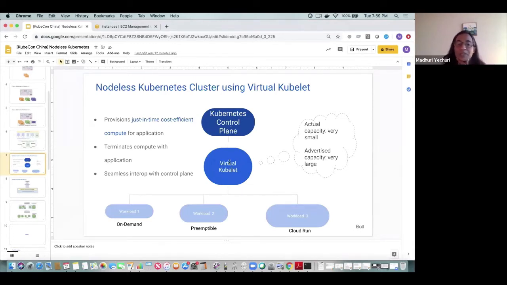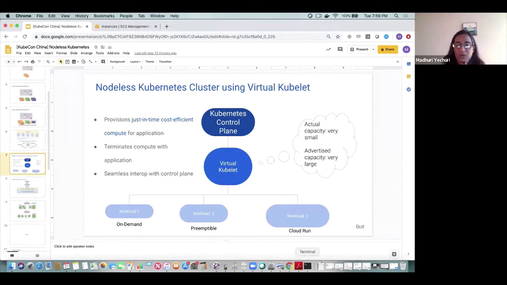And the Virtual Kubelet node will talk to the KIP provider, and the KIP provider will provision just-in-time right-sized compute for the pod on the cloud provider of choice, which is AWS in this case. And once the compute instance comes up, the Nginx replica is dispatched over to this just-in-time provisioned compute instance. And as far as the control plane is concerned, the pod appears to be running on the Virtual Kubelet node.